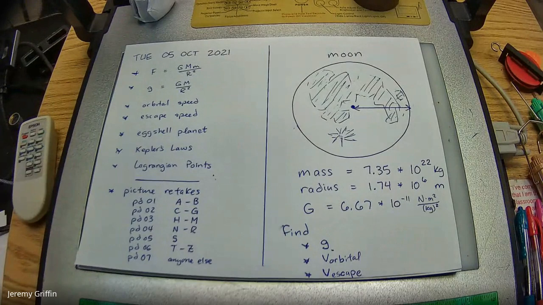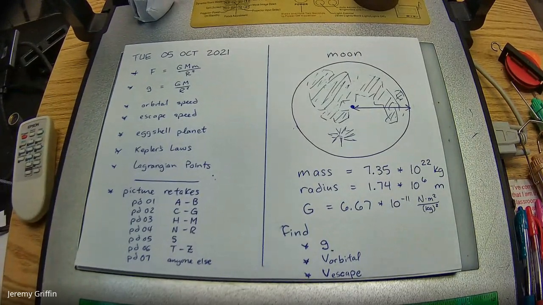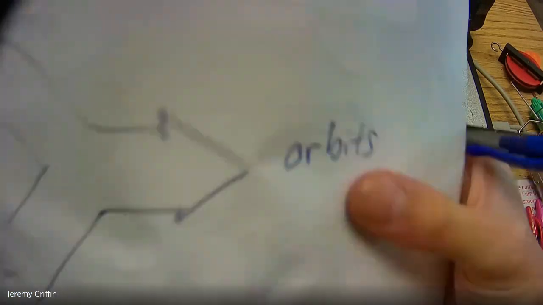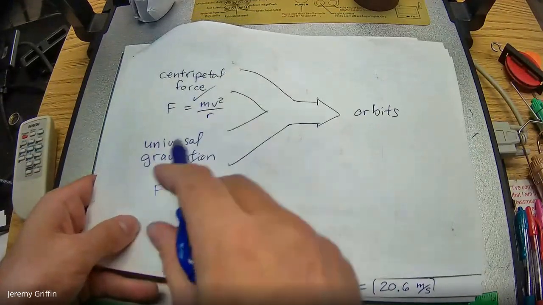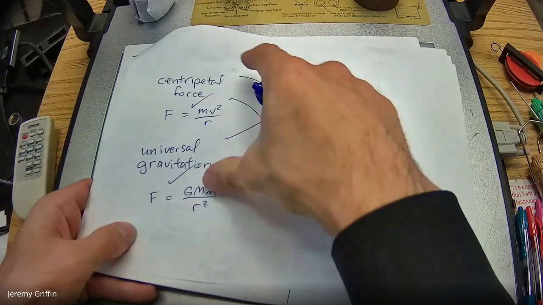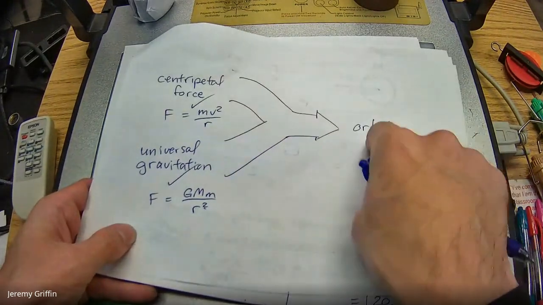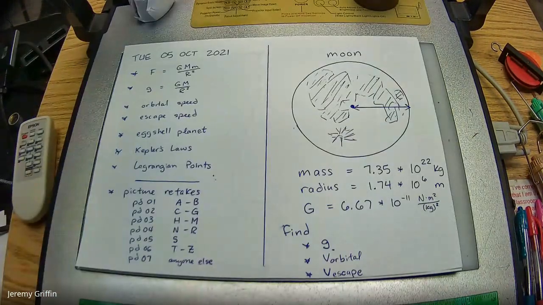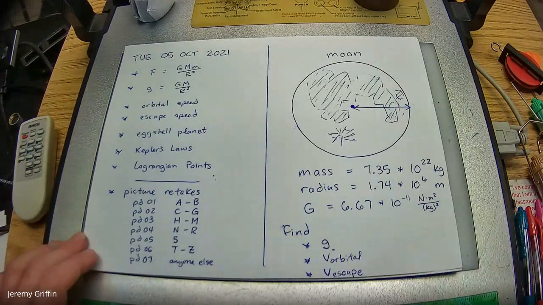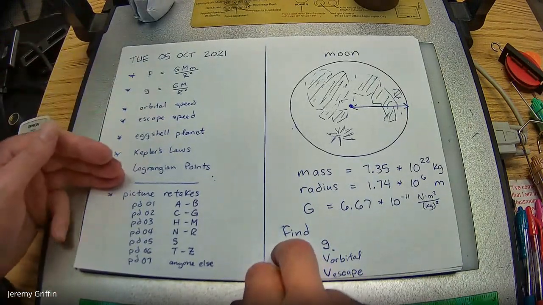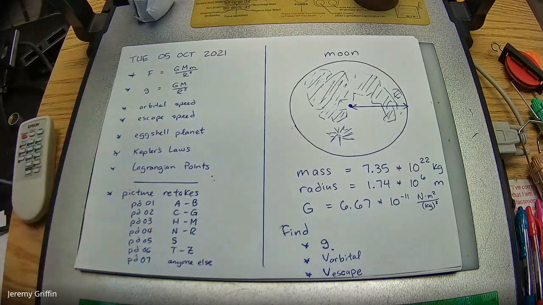So you guys remember centripetal force, that's from your lab last week. And yesterday I started talking about universal gravitation. And today by the end of class, I'm going to bring those ideas together and talk about orbits. So that's sort of our roadmap. Okay. This was my ambitious plan for today. I'm not going to have time to do everything I wanted to do, but we'll at least get the story rolling.